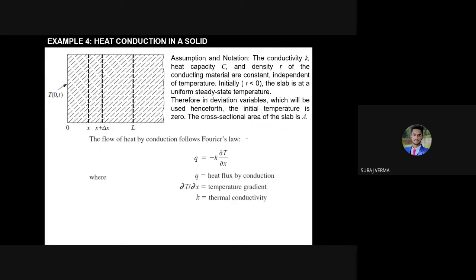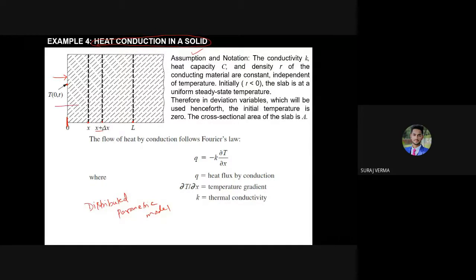Now, in this case, heat conduction in a solid is basically an example of the distributed parametric model. Why am I saying distributed parametric model? Because the heat is supplied from this point, and this is one of the conductive slabs. The coordinate here is, let's say, 0. We have started from 0, and this is the x point, and the increment in x is x plus delta x, and let's say this coordinate is L.